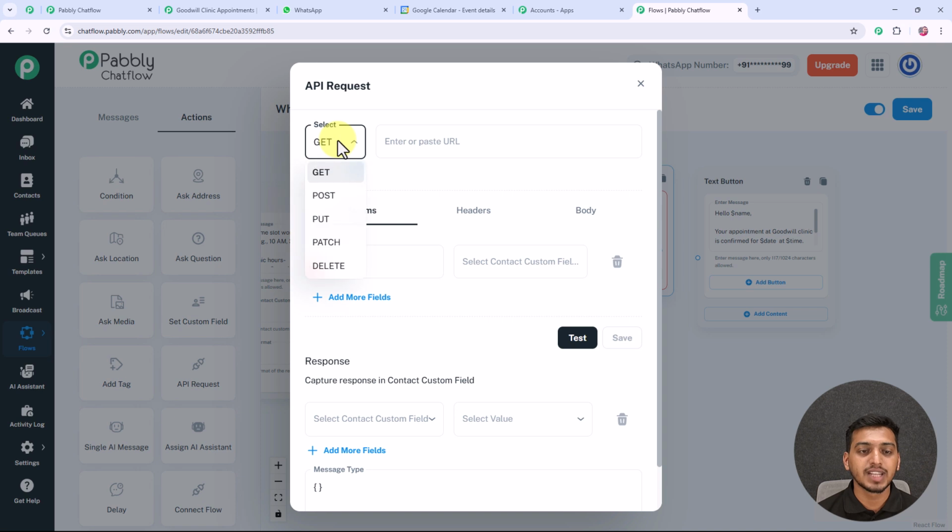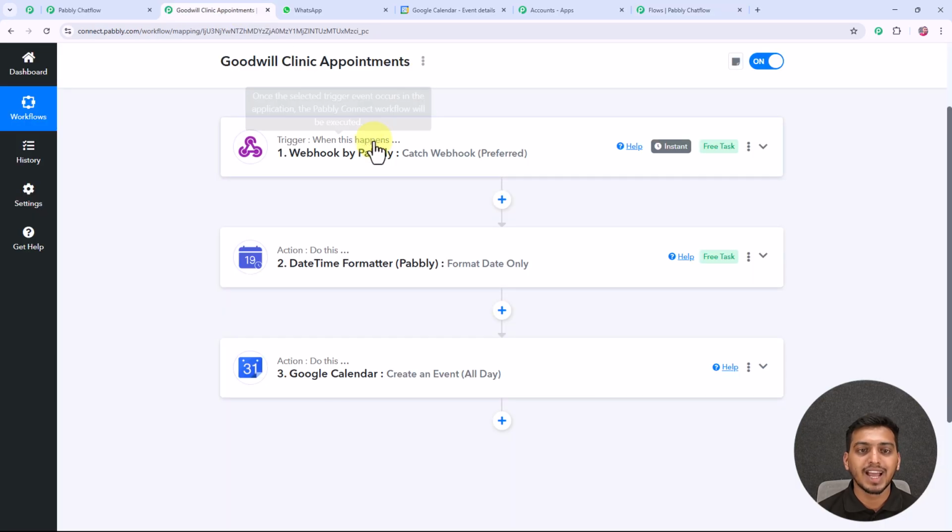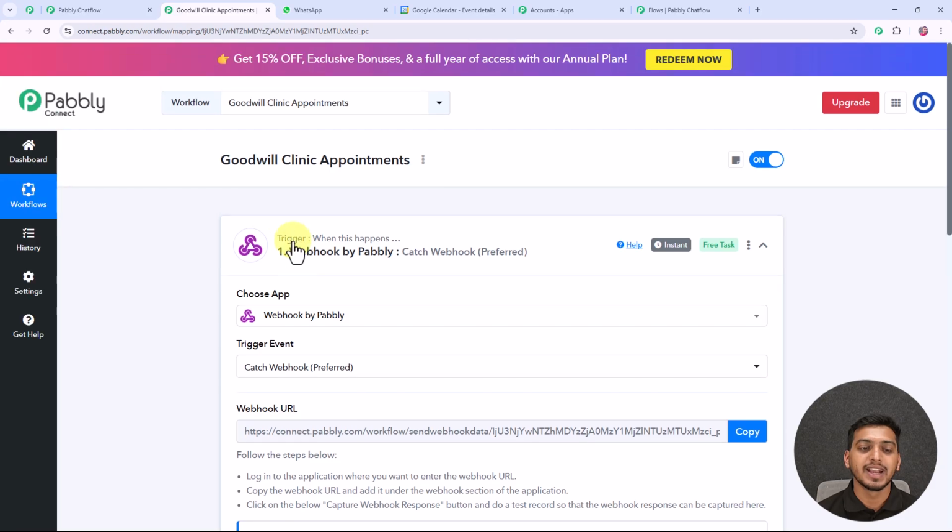and after that I have to select one of these following options. For now, as I want to post the details to Pabbly Connect, so I will click on this post button, and after that I have to enter or paste a URL which we will get from Pabbly Connect. So you can see this is my Pabbly Connect account, and I have already prepared this workflow for myself. So first of all, in my trigger application, I have selected this webhook by Pabbly, and in my trigger event,